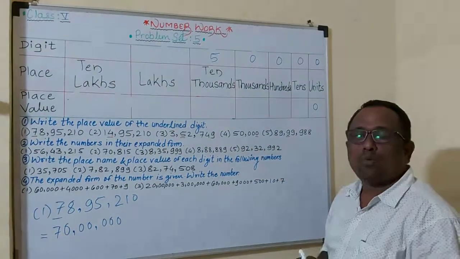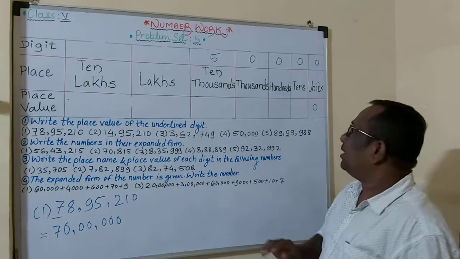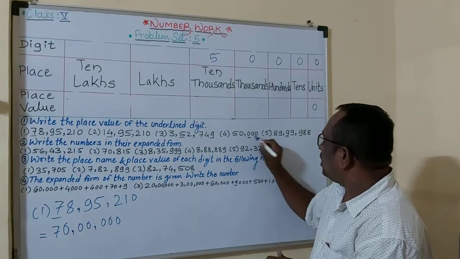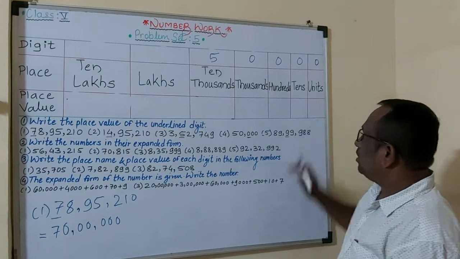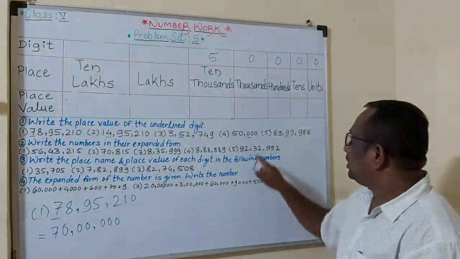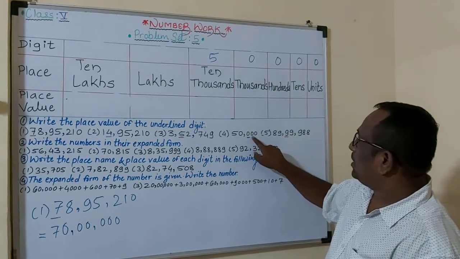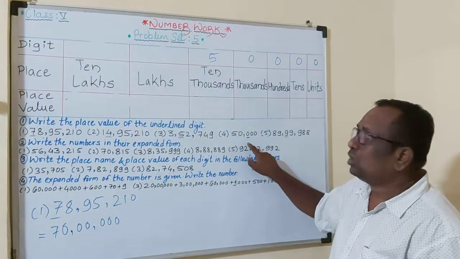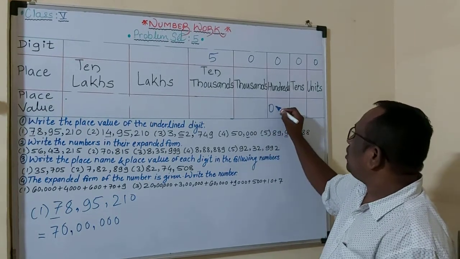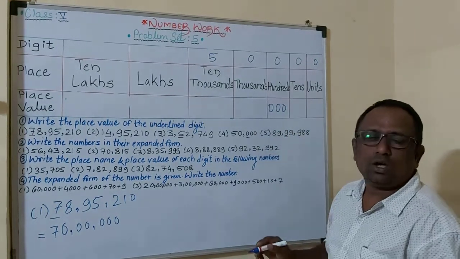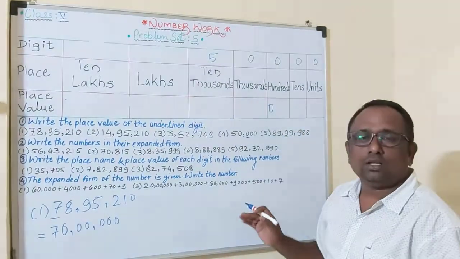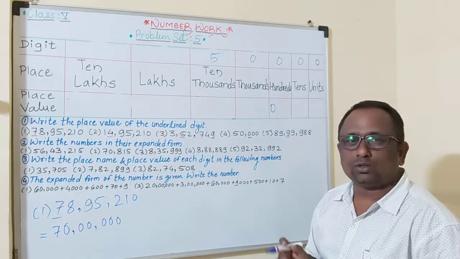Okay, now one more thing. If, for example, here the underline is on the 100 place, then maybe some of you have a doubt: sir, this is the unit place, 10 place and 100 place, so this 0 is in the 100 place. Shall I write 3 times 0? 1, 2, 3, because it is the 100 place. No need, students. If you write it 3 times, the value is 0, and if you write it 1 time, the value is also 0.